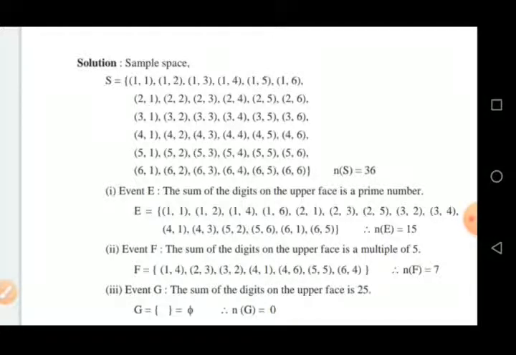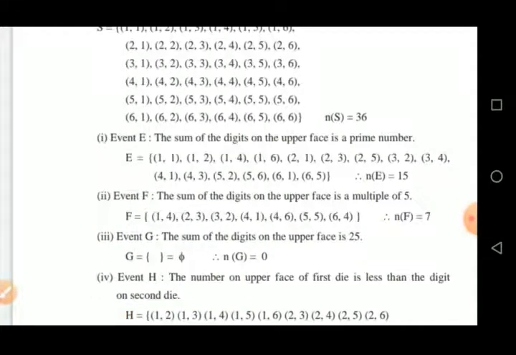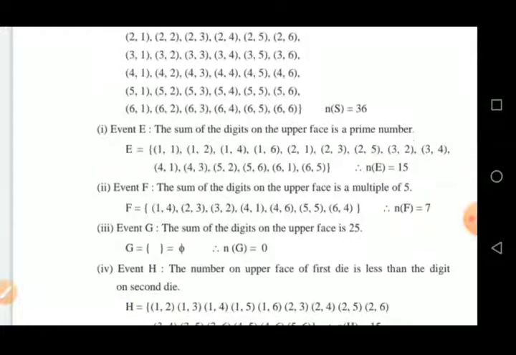Second, event F. The name given to the second event is F here. The sum of the digits on the upper face is a multiple of 5. That means we have to select the sample points in which the sum of the digits on the upper face is a multiple of 5.